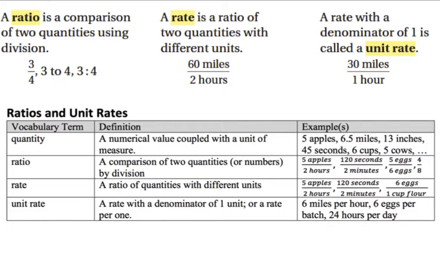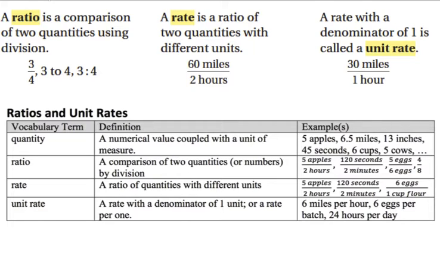So here are our vocabulary terms. A quantity is a numerical value coupled with a unit of measure. For example, 5 apples, 6.5 miles, 13 inches, 45 seconds, 6 cups, 5 cows. A ratio is a comparison of two quantities or numbers by division. We can do 5 apples in 2 hours, 120 seconds in 2 minutes, 5 eggs compared to 6 eggs, 4